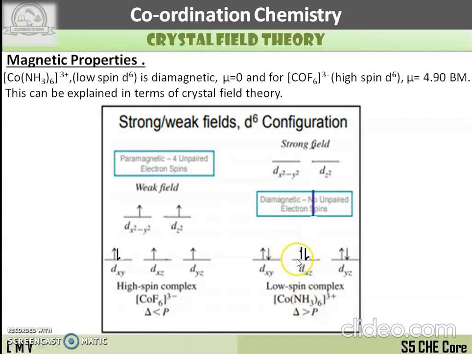It is the same Co3+ here and here, but the difference is that the Co3+ associated with NH3 will have more delta O when compared to that associated with F minus, which is a weak field ligand. So this forms a low spin complex. We always know: strong field ligand, low spin complex. Weak field ligand, high spin complex. Why is it so? Because delta